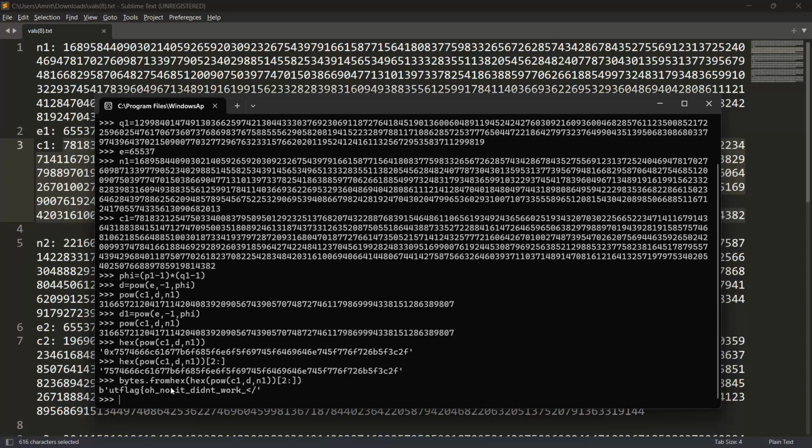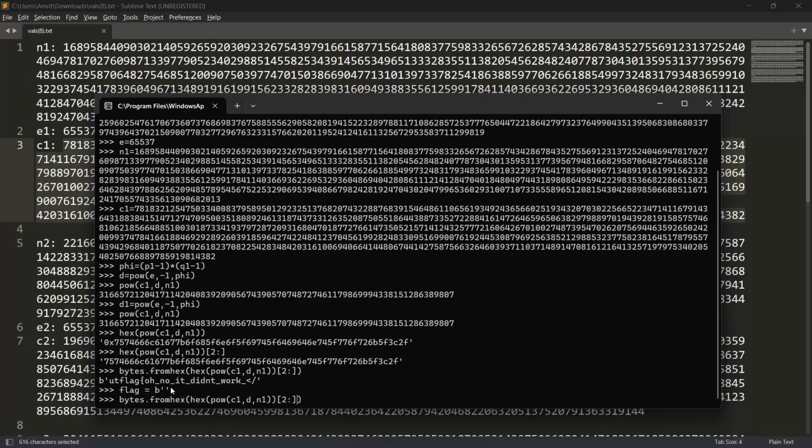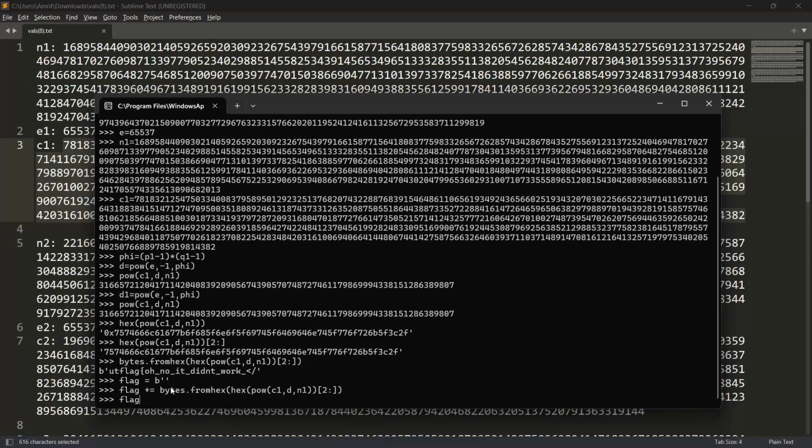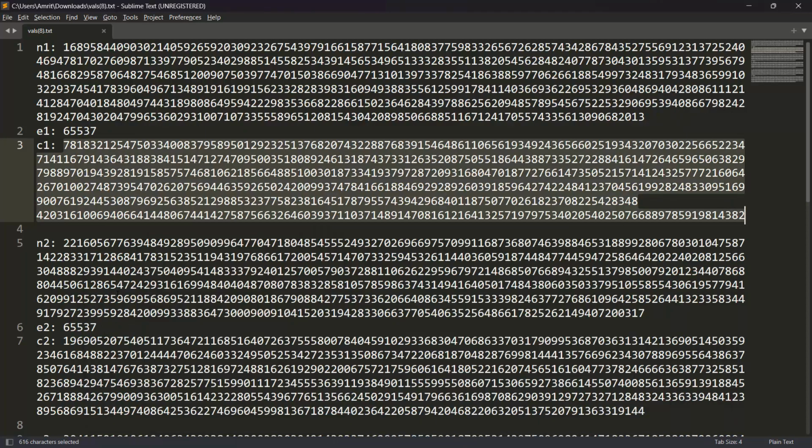You can see it's only a half or a third of the flag. So that means all three of these will decode to 3 parts of the flag. So I can add this to the flag. So flag plus equal to, okay, so that's our flag. Now I go here,